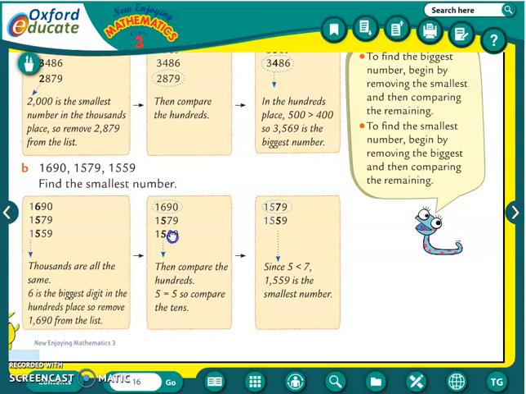Okay. So now we will see at the tens place 7 and 5. So here it is shown that 7 and 5. In that 7 is also bigger number. So we will see that 5 is less than 7. So whatever the number that is 1559, that is our smallest number. Okay, understood? So I hope all of you understood this biggest and smallest number from the 4-digit numbers.